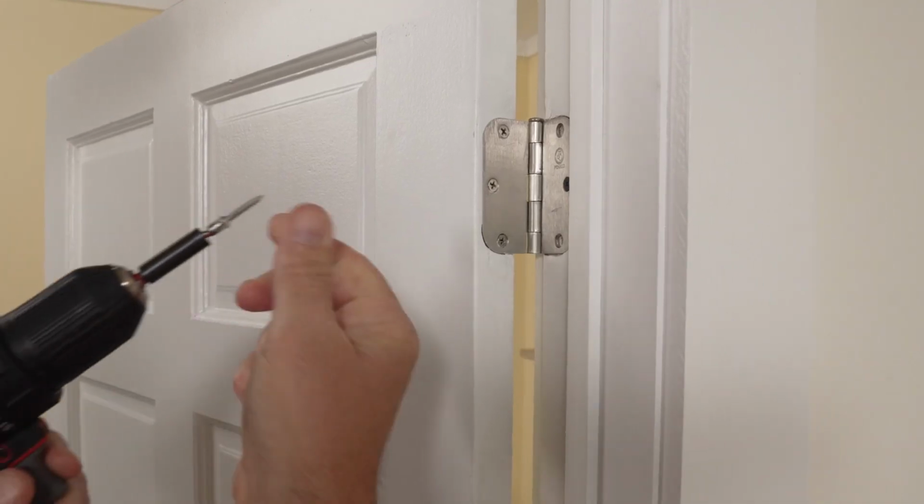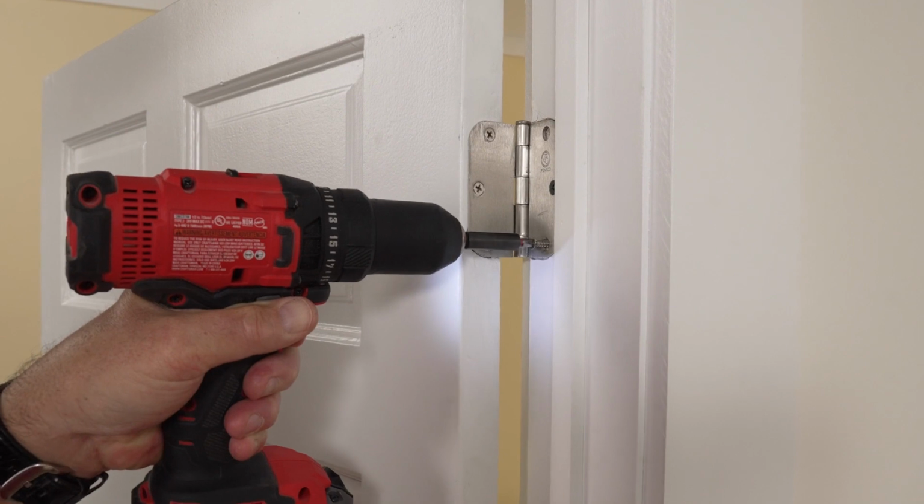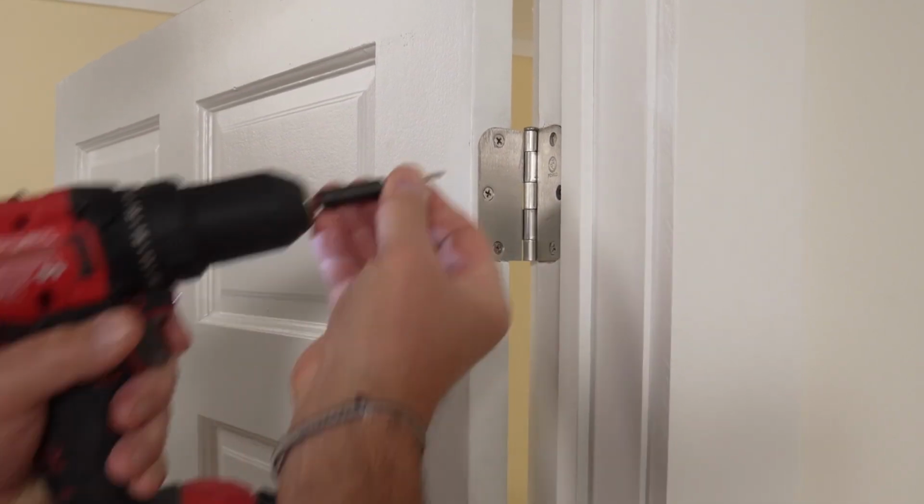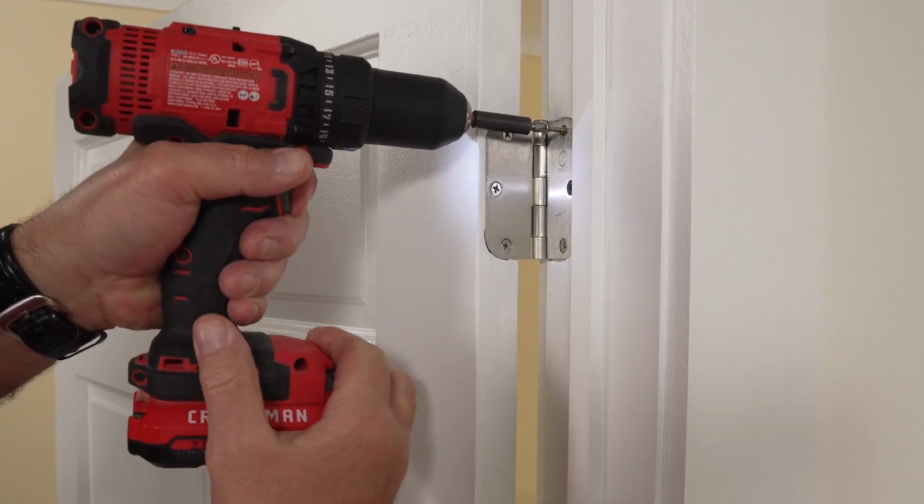Now, you could replace the screws, all 3 of them, with the longer screws. If you want, though, you can put the shorter ones back in, because that one screw should hold it in place. This fix works most of the time, and it will help you correct that door so it doesn't rub